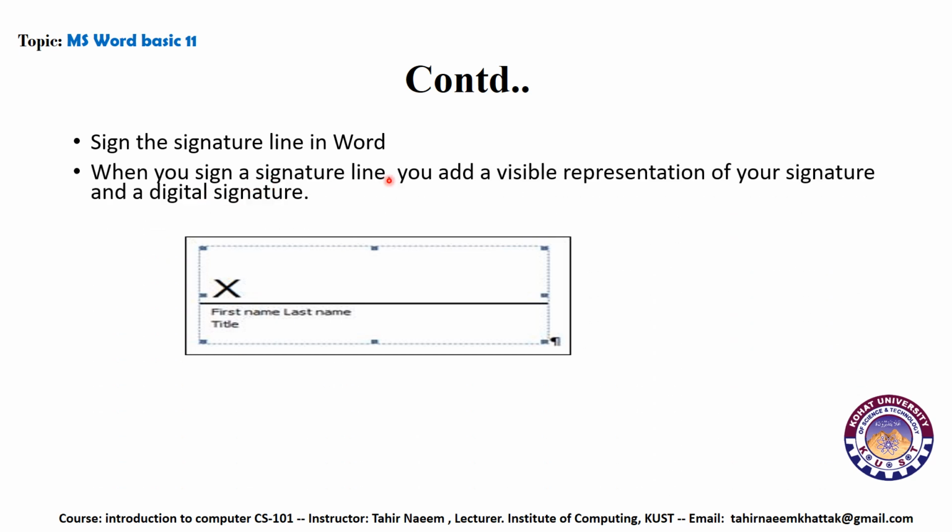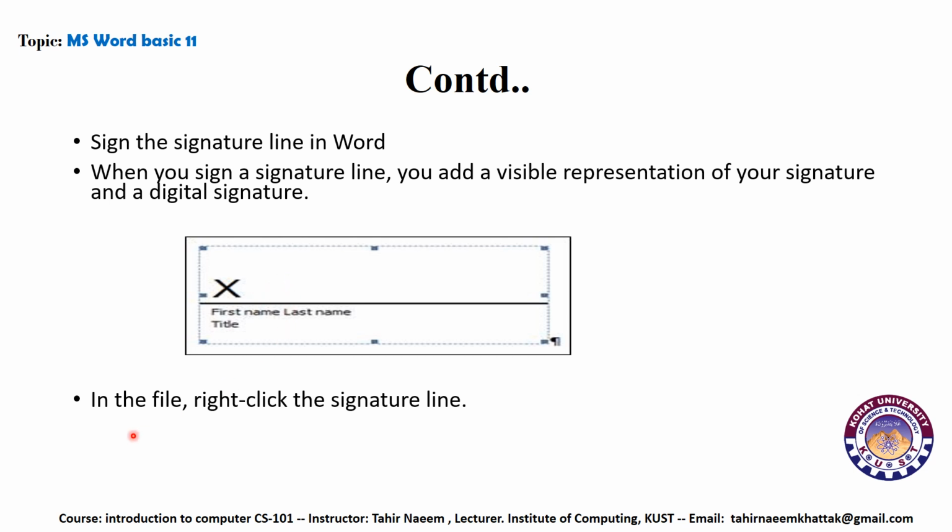When you sign a signature line, you add a visible representation of your signature and a digital signature. As you can see here, first name, last name. Here the first name which you have given in the information dialog box will be displayed, and here your last name will be displayed, and here your title will be displayed, and here you can add a sign. Here it is represented by X. Using the ink feature you can sign it,